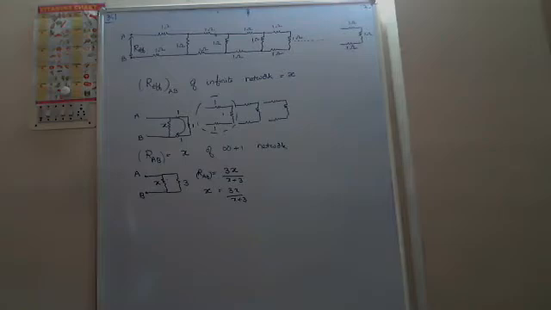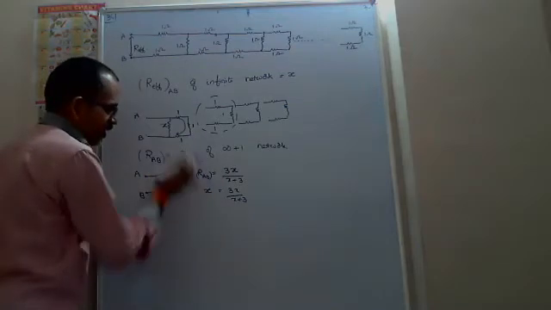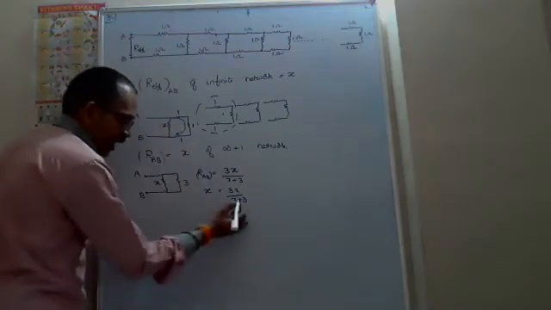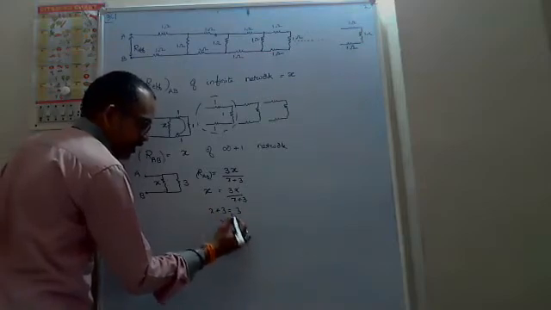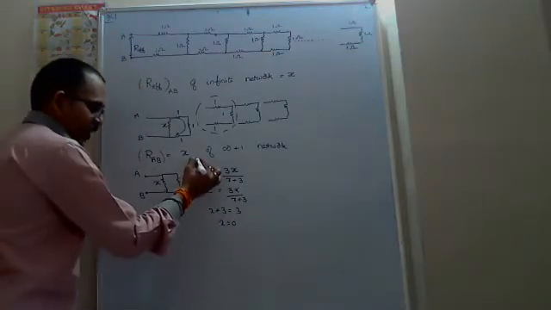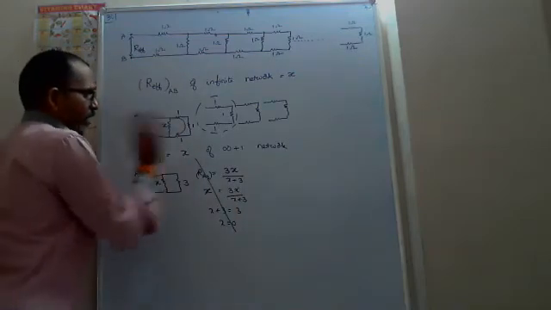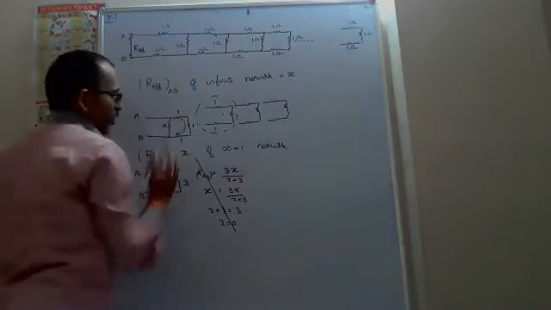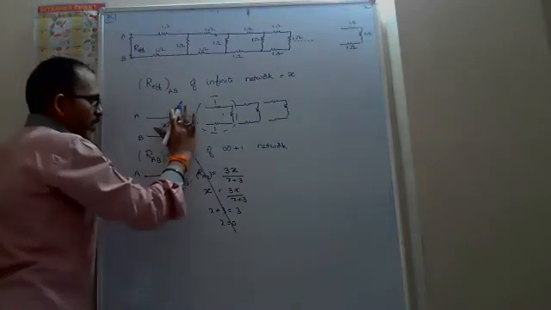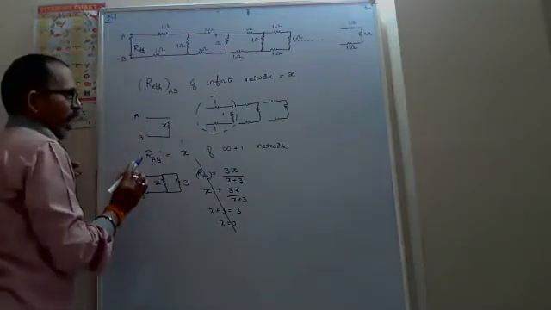Wait, one minute, please. Here, if you take it like this, actually this is the wrong procedure. By that you get x plus 3 equals 3, which means x equals 0. So here you made a mistake. Go back and think where we made the mistake. This is an infinite network. Adding one more means we should not add it here. Between A and B, we have to add.